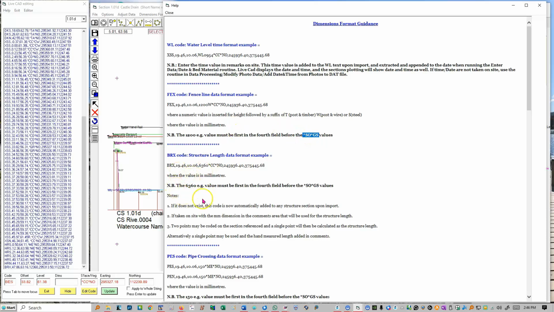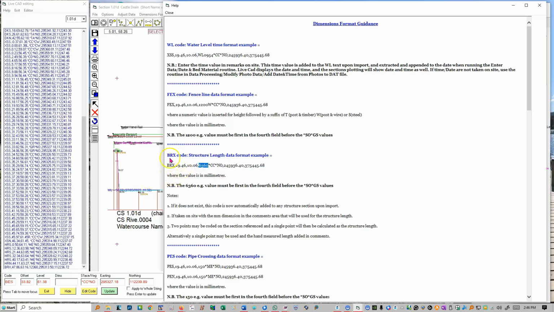We got the BRX. Now you can take 2 points on a side with a BR code. So if you're on, say, we know that the first section 101 is a structure on this project, then you would put it in BR 101. If you just take 1 point on the site and use a distance measurement, put it in your remark 6360,